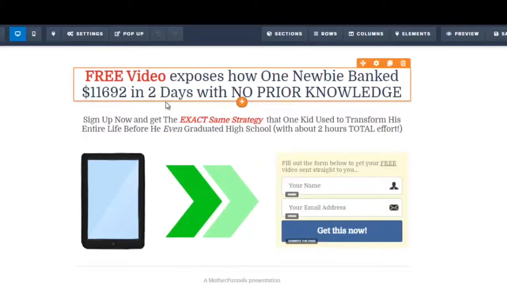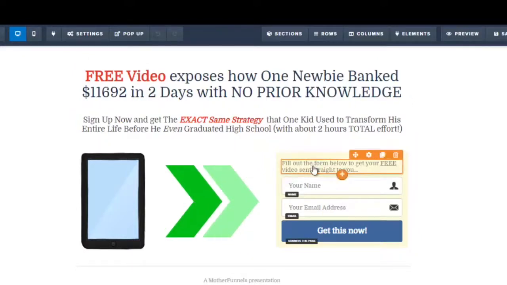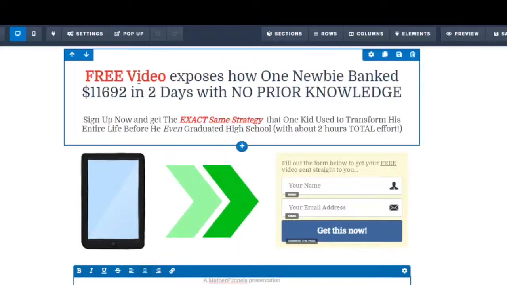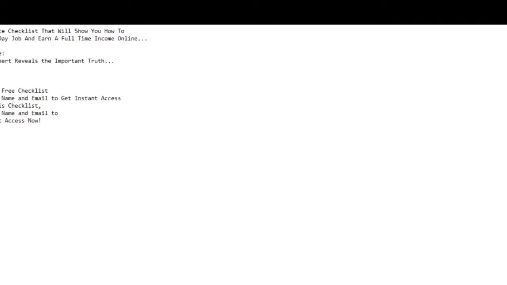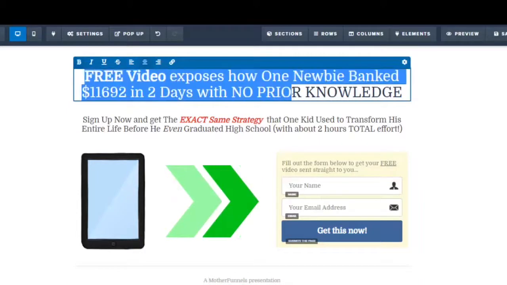Okay, so this is the headline. And okay, so this is the call to action, I believe. Fill out the form below to get your free video sent. Name, get this now. I'm gonna edit the headline and the other important parts of this squeeze page. So let me just go to my Word documents here, where I pasted some of the information that I want on my squeeze page. So I'm just gonna select this